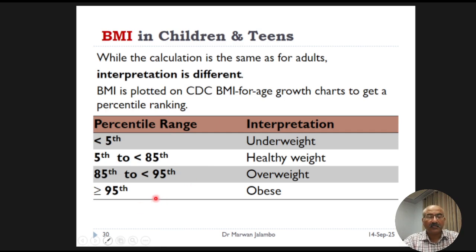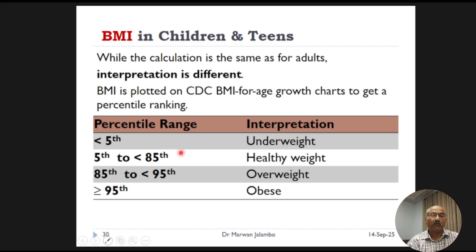In children and adolescents, body mass index is not interpreted as a single number, but instead plotted on the CDC body mass index for age growth chart to determine the percentile ranking. This percentile tells us how the child's body mass index compares to other children of the same sex and same